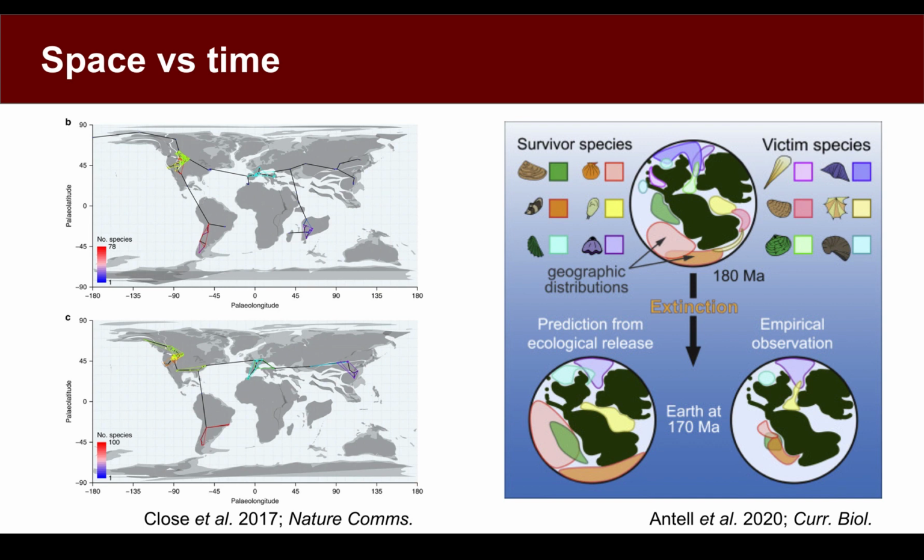And finally, probably the most recent stuff and probably making some really important points, is thinking about the spatial aspects of sampling. Almost everything we've looked at so far assumes you have a time series you're interested in, so looking at diversity changing over time. But as we mentioned, sampling will also vary over space, and that can affect whatever it is you're interested in. So a series of papers by Roger Close, including this one on the left here from Nature Communications, have looked at this spatial aspect to sampling.